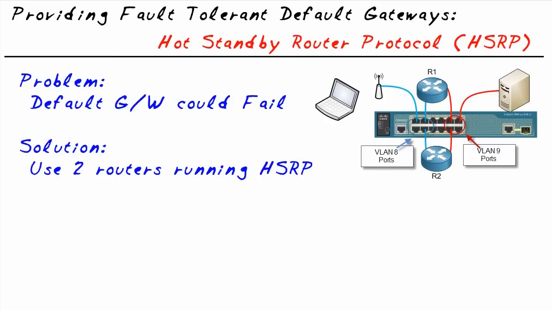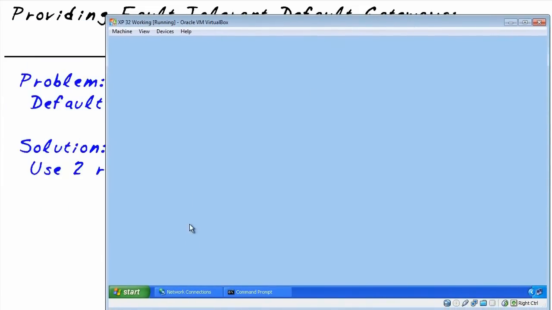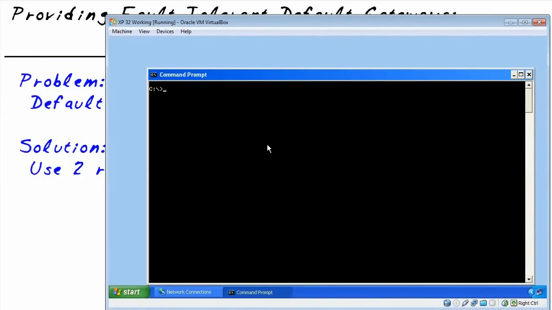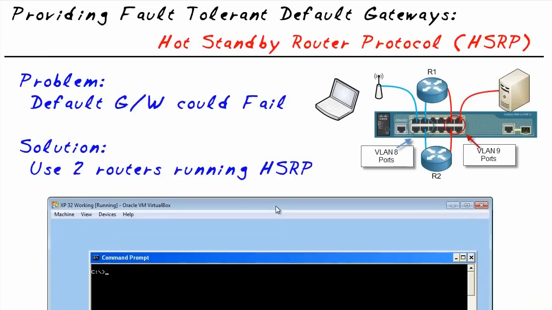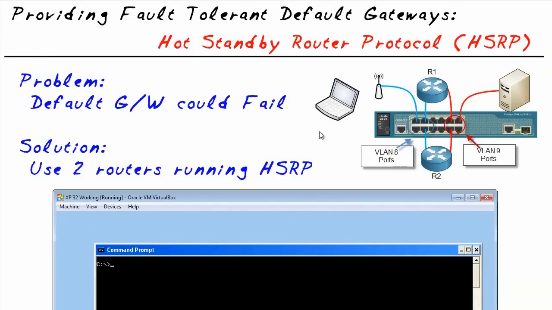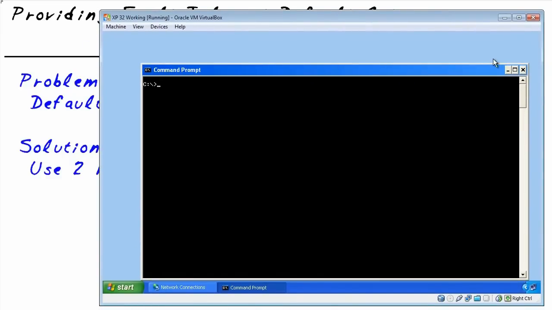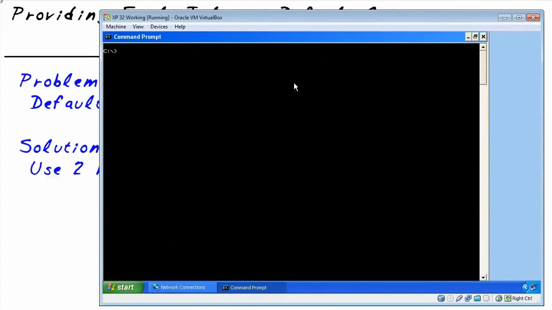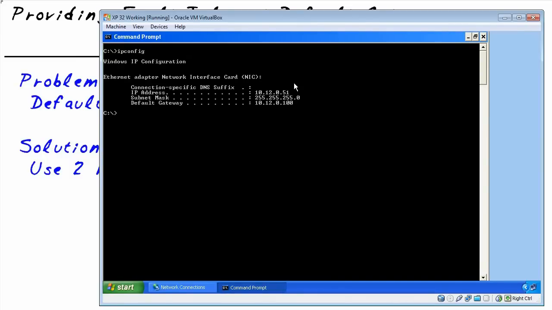Let me bring in a client, and he's a happy client because he can get out to the network. So if we want to take a look at the details of this client, and by the way, this is a client on this network segment. He's wired, but he's on the 10.12 subnet. And if we take a look at his information, we can use some common tools that we're probably familiar with, such as ipconfig. And ipconfig says my IP address is 10.12.0.51. My default gateway is 10.12.0.100. If we do a show ARP,